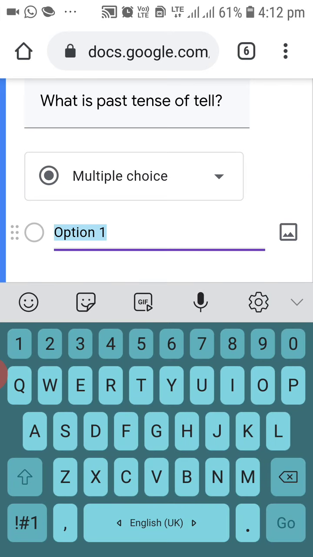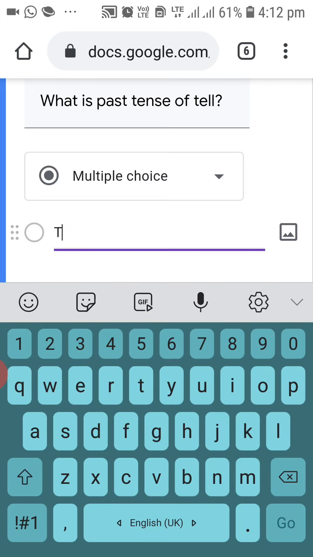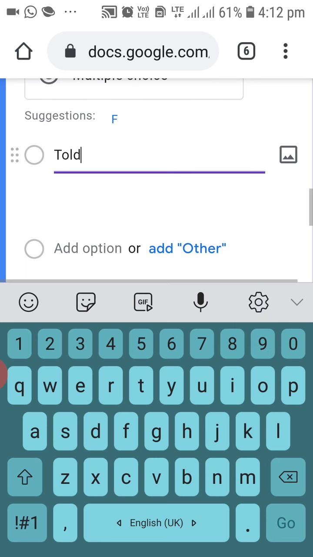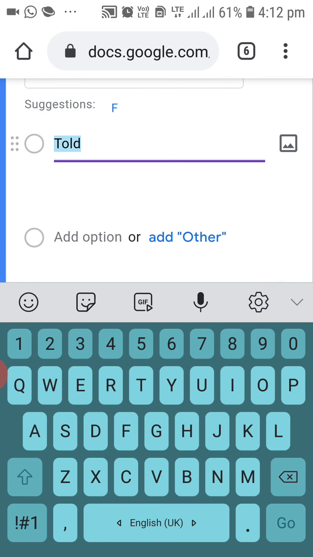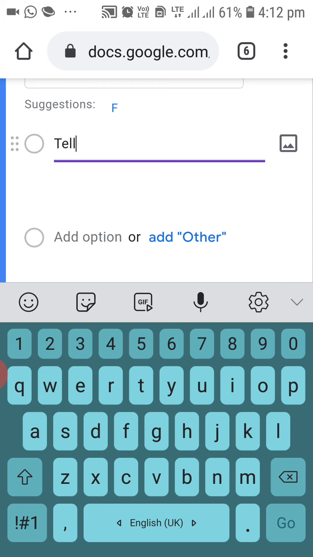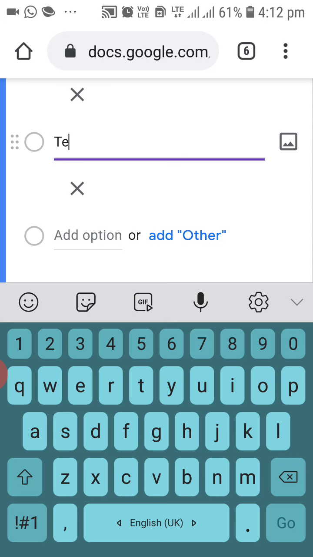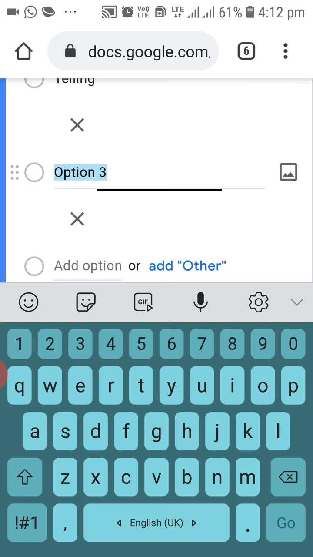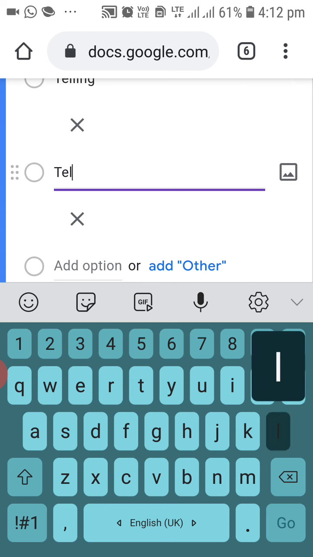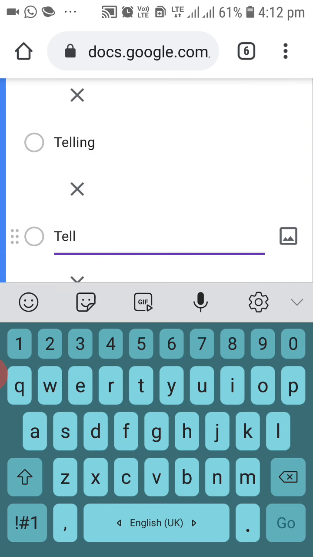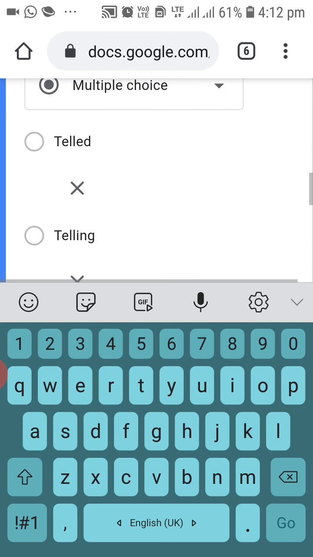Now here I'm giving four options. So here I'll give the option told, next option telled, next is telling, next is tell. You just click on that option and you are able to type the option.